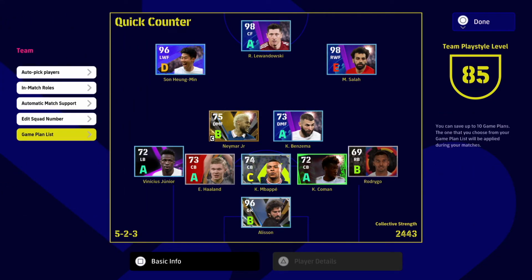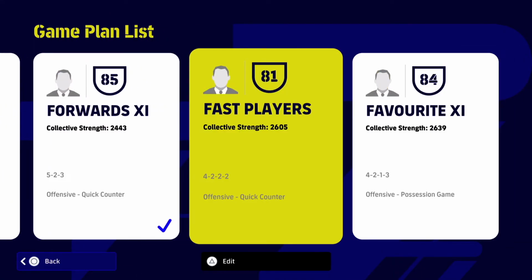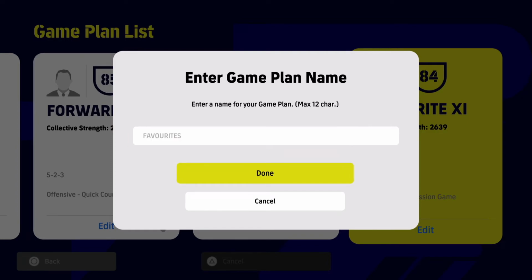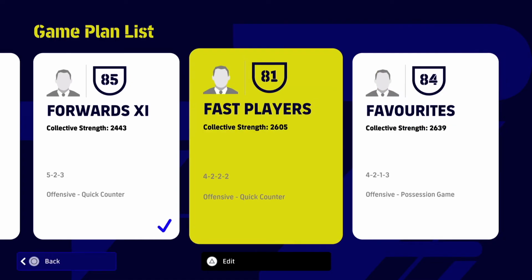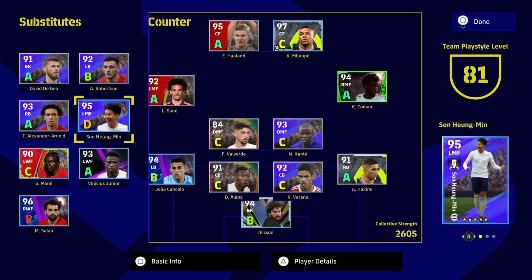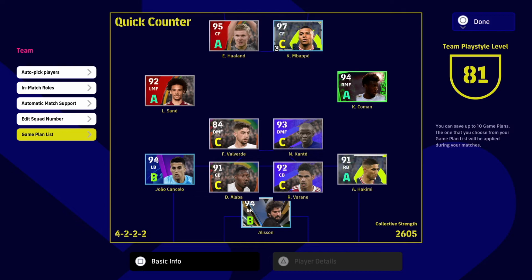And I think we've got one more squad to look at, because you've seen the favourite 11. We might change that actually just to favourites, because I think it just rings a bit better. But if we go back to fast players and have a look at this, so these are the fastest players in my squad at the moment, and that's what this bench is looking like. So I'm going to bring it back to my main game plan,